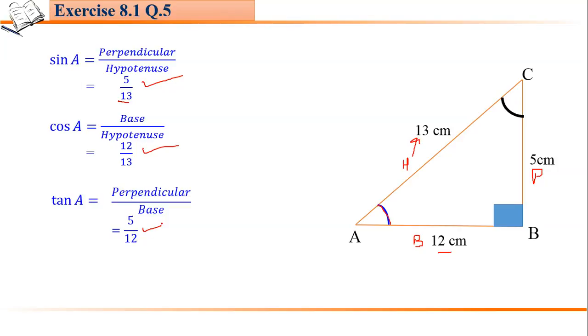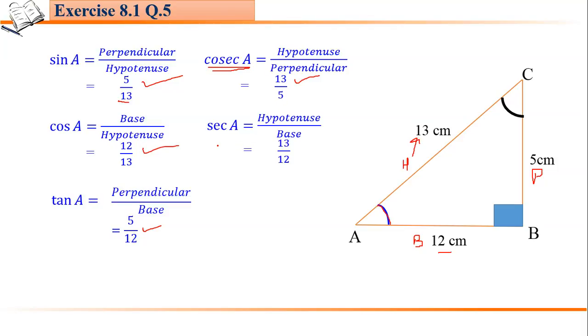Now for the next trigonometric ratios, you can use the formulas. Here for cosecant A we use the formula hypotenuse upon perpendicular, and what you can also do is directly take the reciprocal of this value of sin A, and then what will we get? Cosecant A. Okay, because we know that cosecant A is the reciprocal of sin A. So we define cosecant A as hypotenuse upon perpendicular. Hypotenuse is 13 and perpendicular is 5. So cosecant A is 13 upon 5.